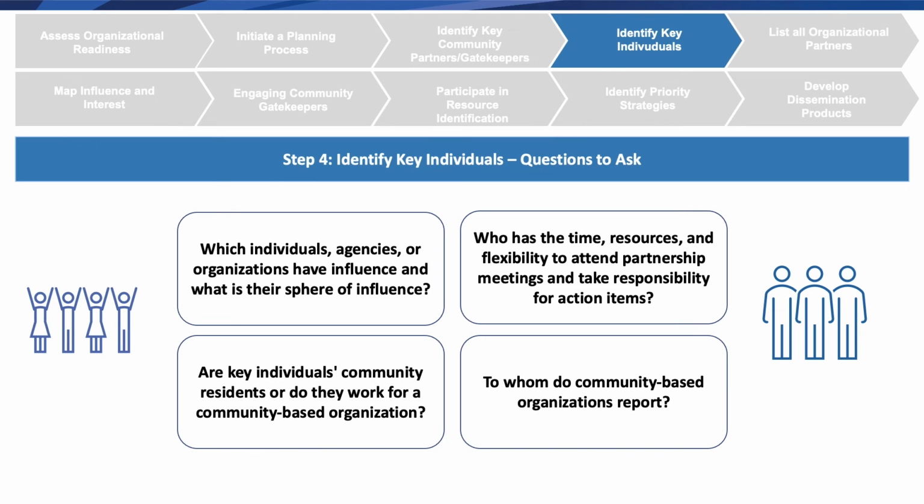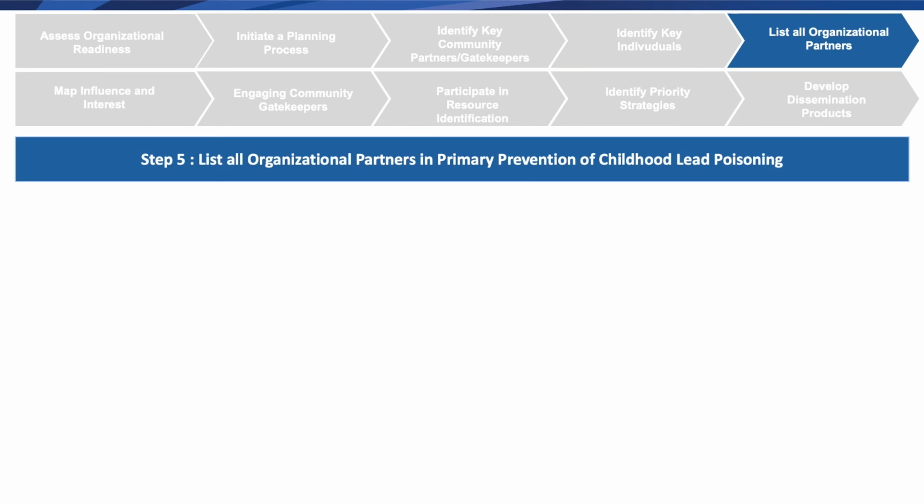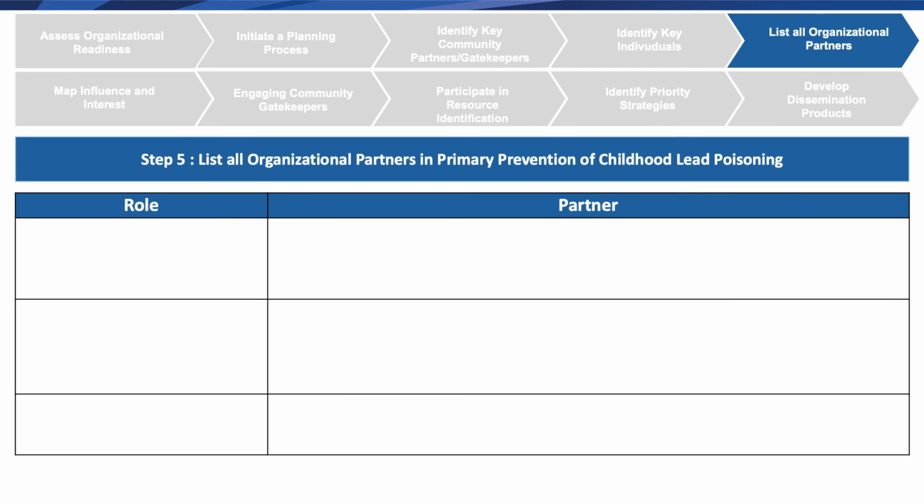You need to understand what the lines are in terms of their accountability and what the goals are of their organizations. It's very important to list all organizational partners in your primary prevention plan. So think about specific roles. The first role that you might consider is someone to help you educate families on how to protect children from